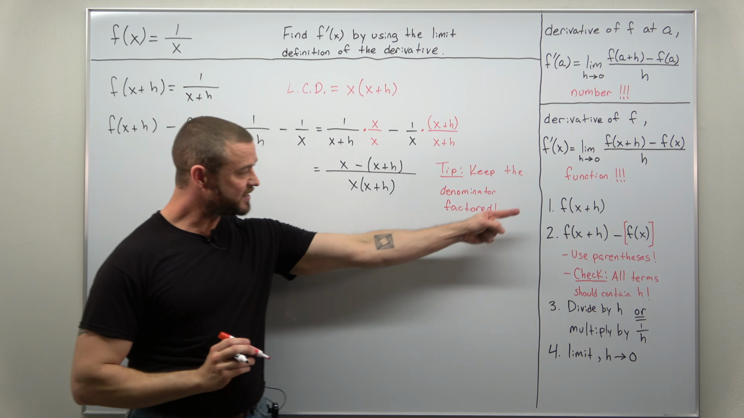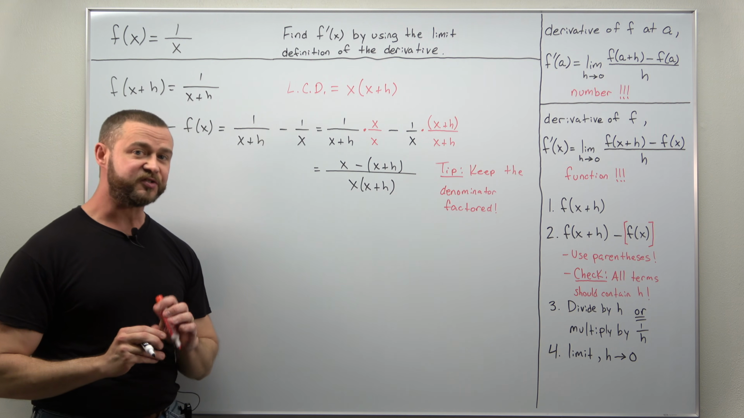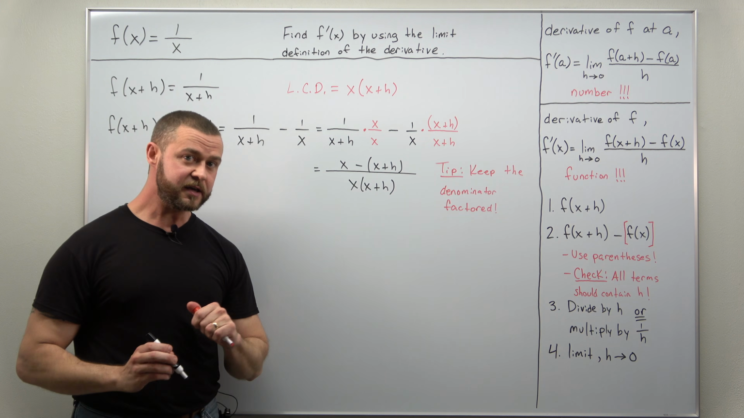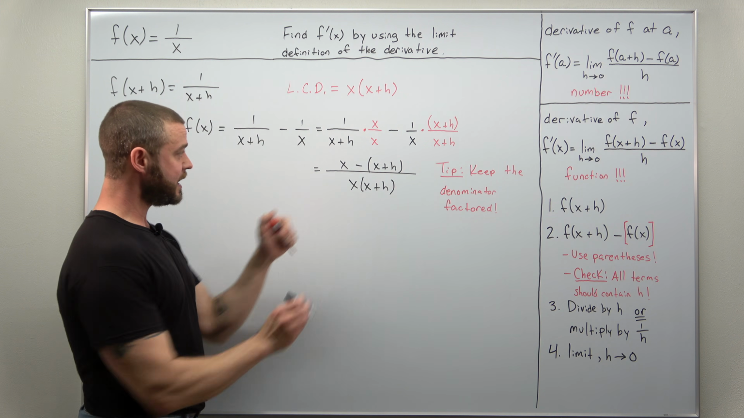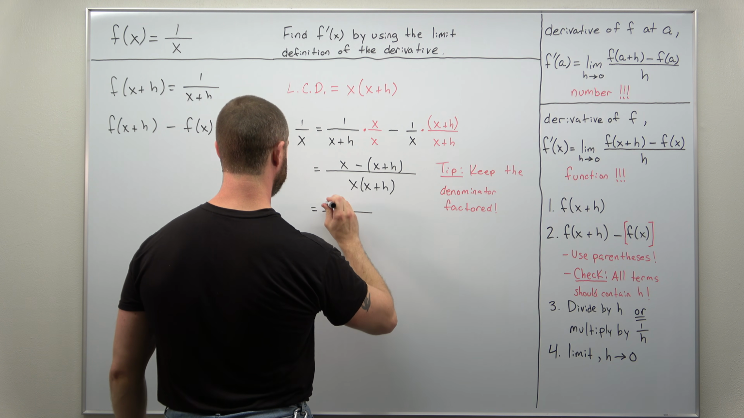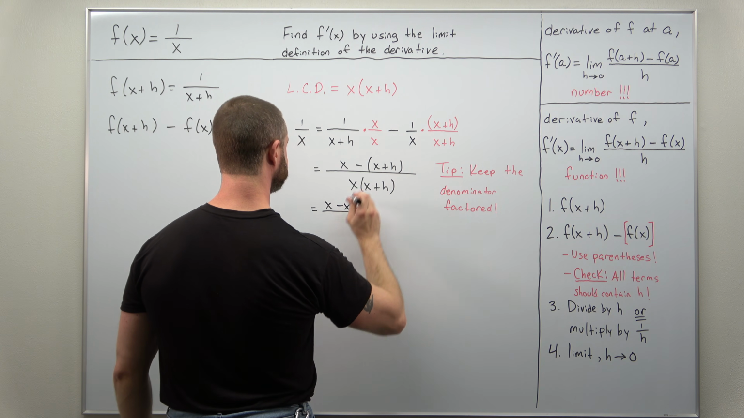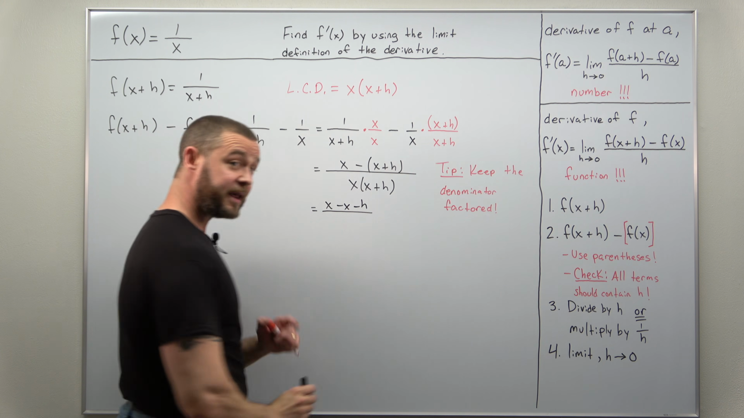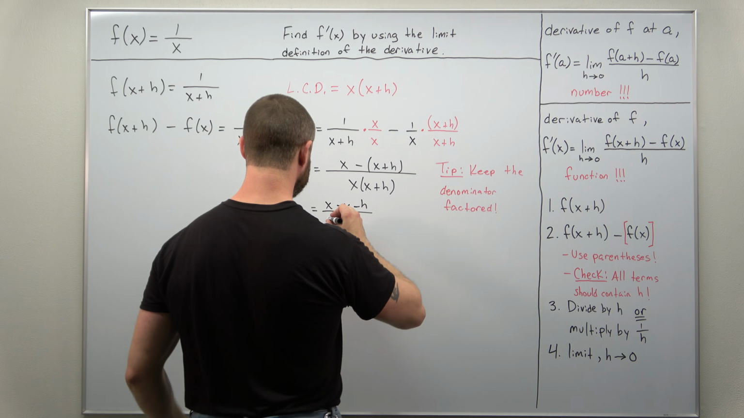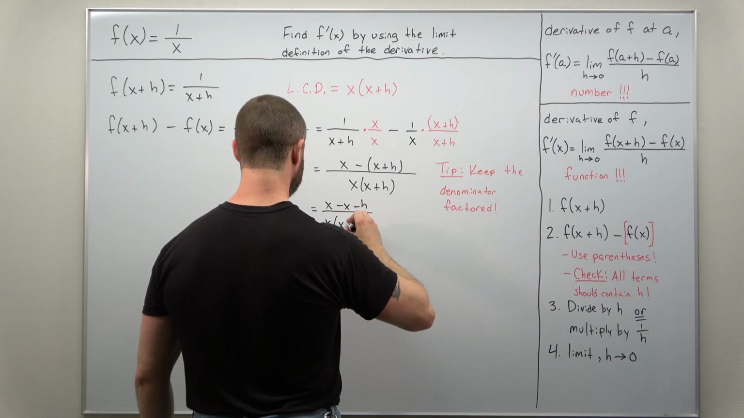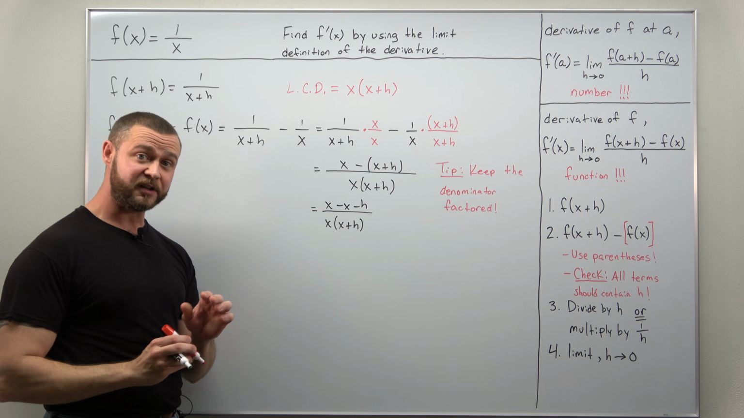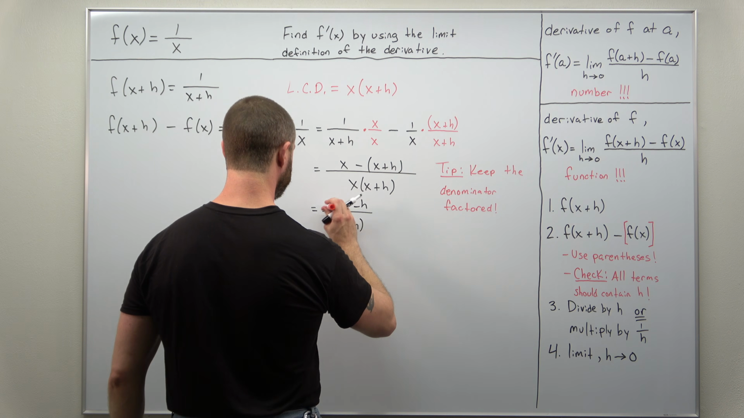And that just makes basically the rest of the work a little bit simpler and easier to write. All right, again, we are taking our time. Now, if we go ahead and distribute that minus sign, we're going to have x minus h, and then all over, keeping the denominator factored, x times x plus h. And if you go ahead and simplify this step by step, you can subtract out the